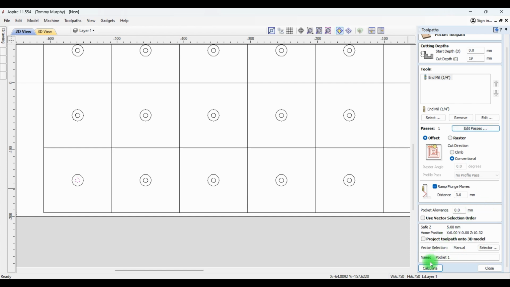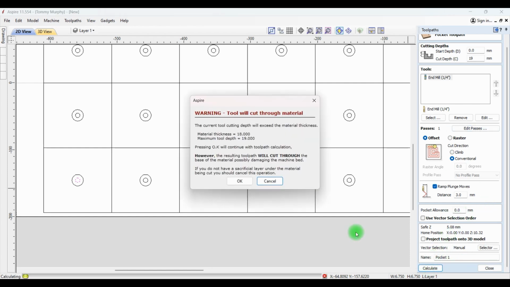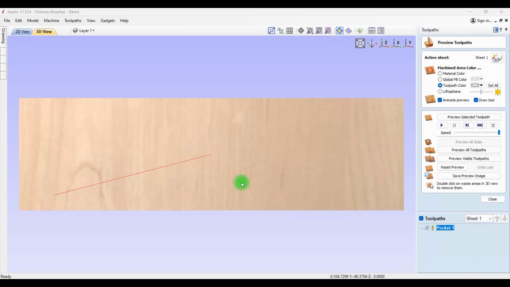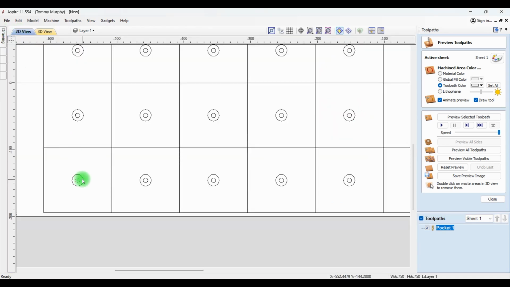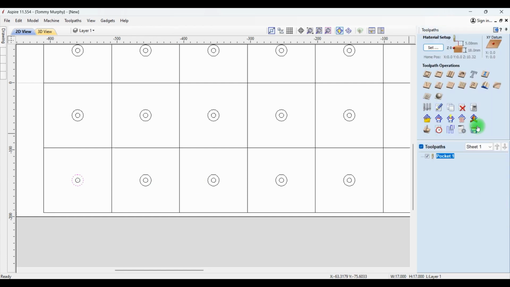And that's it. So I can just hit calculate. It's going to give me a warning to tell me that I'm going through the material. So I know that, so I can just go OK. And that's going to have that hole there. So if I just go back to the 2D and then I select the outer hole, close there, and I